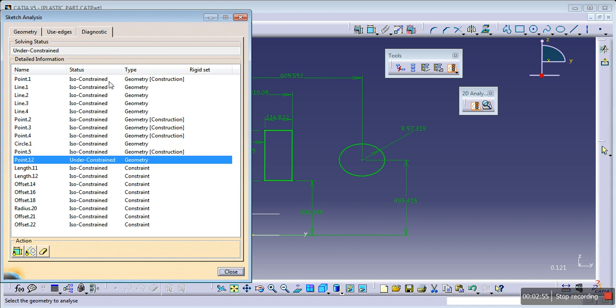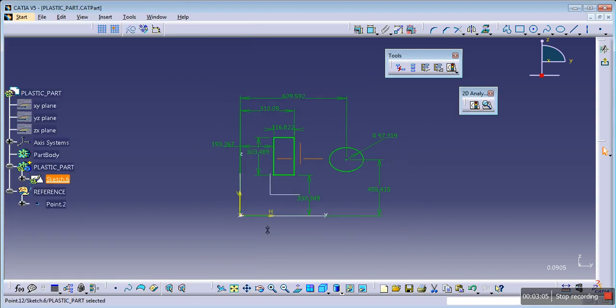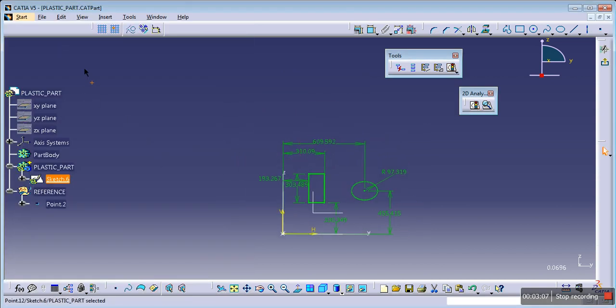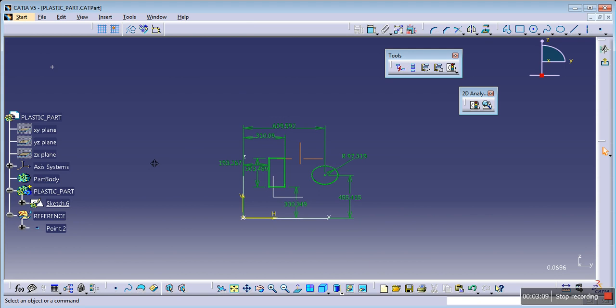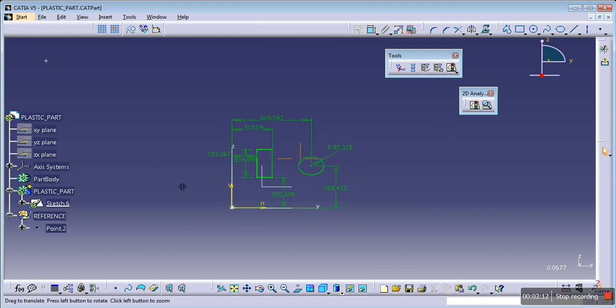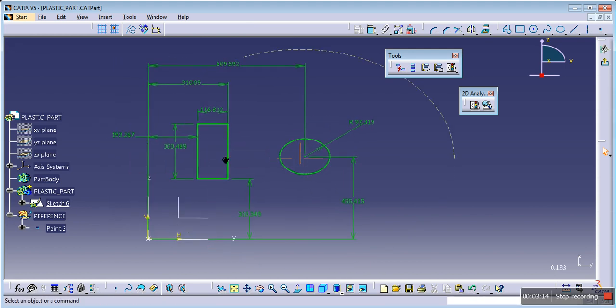The entire design is constrained, but there is only one point which is not constrained. That is the leftover. This is the point which is under constraint. So now we have placed it, and for example, you are not able to find it, right?